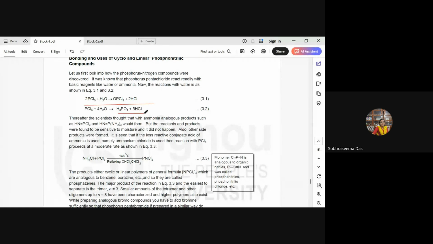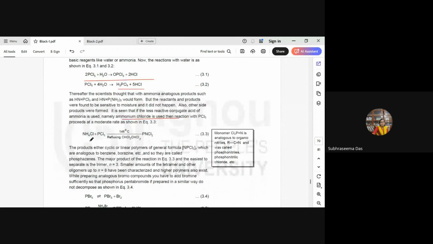After the reaction with water, a similar reaction with ammonia was done, and these products were expected. But what happened was that the reactants and products were found to be sensitive to moisture, and the reaction did not happen. So then the less reactive conjugate acid of ammonia, that is ammonium chloride, was used, and then the reaction with PCl5 happened. PCl5 did not directly react with ammonia,